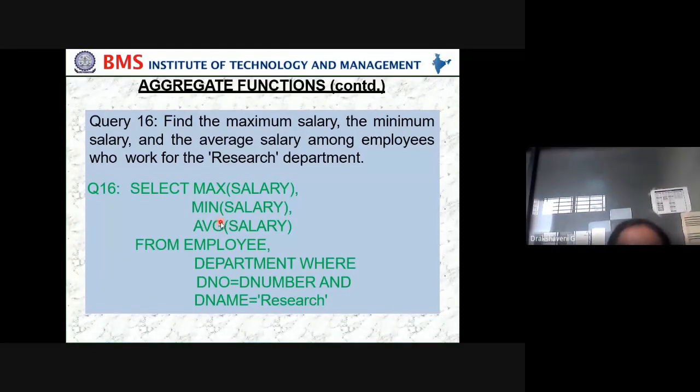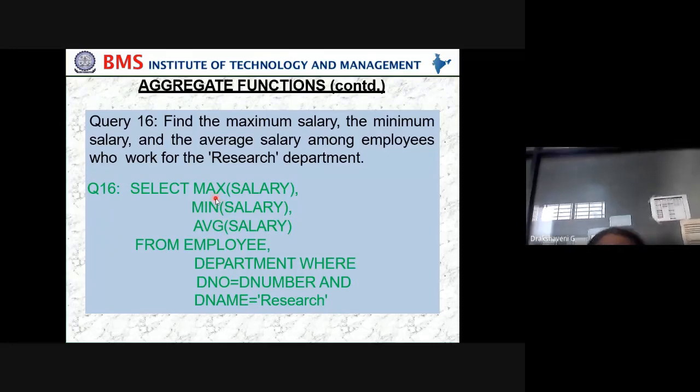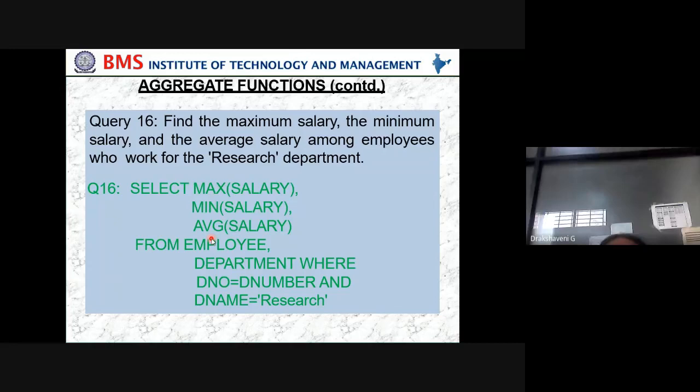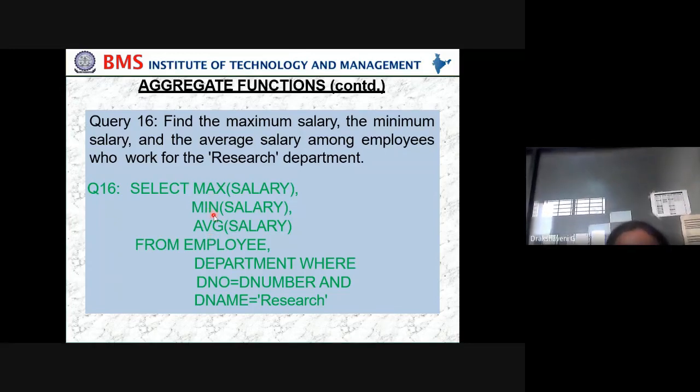That's the difference between the last query and this query. In the last query, we are not checking all the departments. We just say, for the BMSIT college, what is the maximum, minimum and average salary. But in this query, within BMSIT we look at the MCA department: who is getting the maximum, who is getting the minimum and who is getting the average. That's what this aggregate function will be doing.